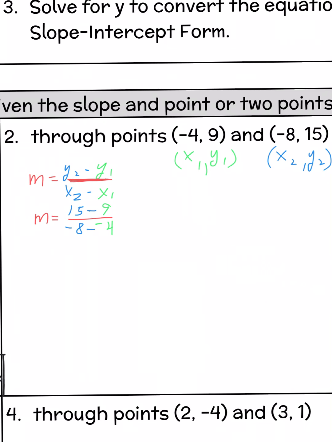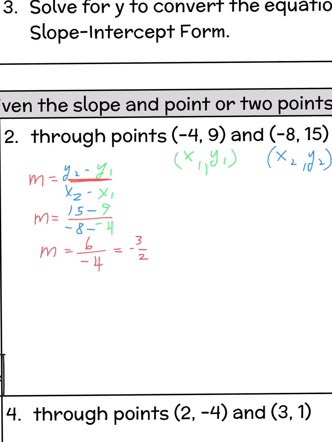Now simplifying, m will equal 6 divided by, now remember, this negative times a negative is a positive, so this will be negative 8 plus 4, which will give me negative 4. Then I simplify further by reducing it, dividing the top and the bottom by 2, so I get negative